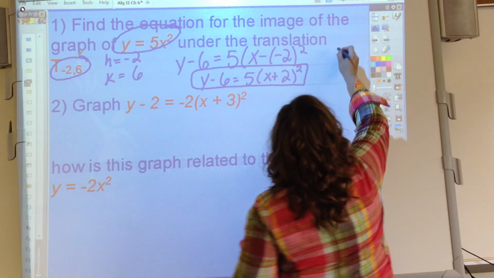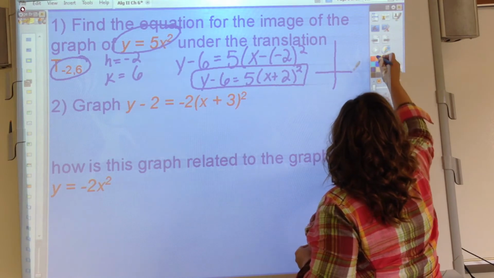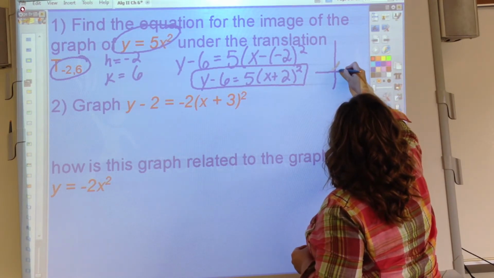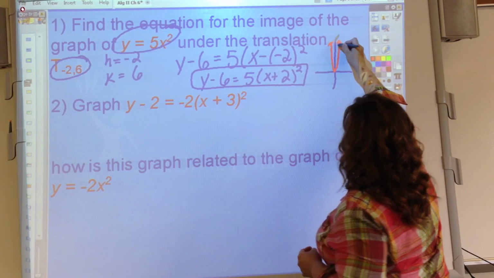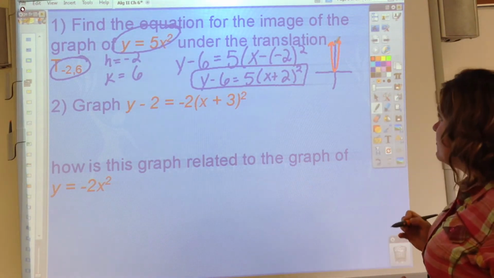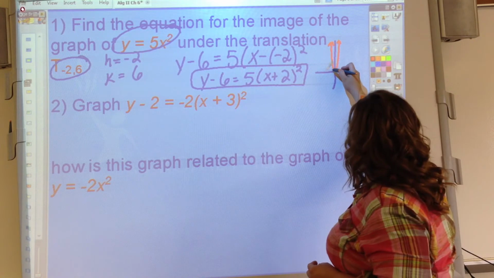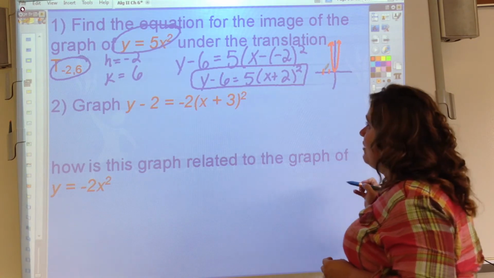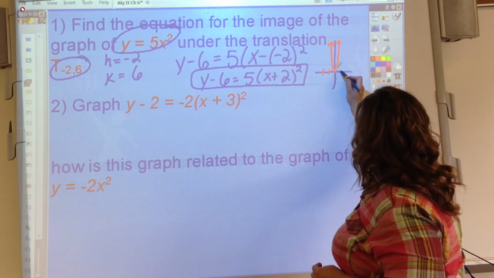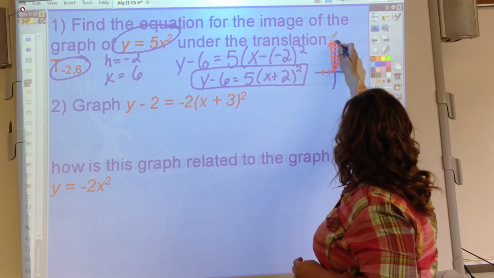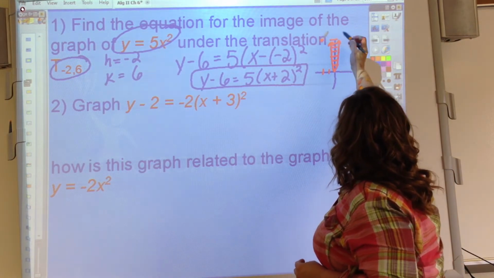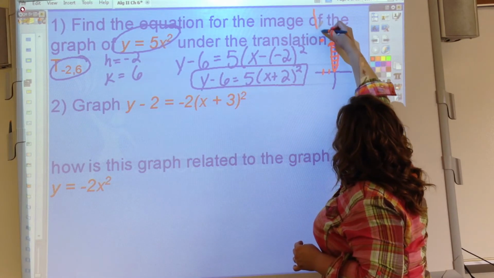Graphically, if I know my original graph starts at 0, 0 and is a nice skinny graph because it's growing fast, it's being multiplied by 5, my new graph is going to shift 2 to the left for x. It's moving over 2 and up 1, 2, 3, 4, 5, 6. And now it has the exact same shape